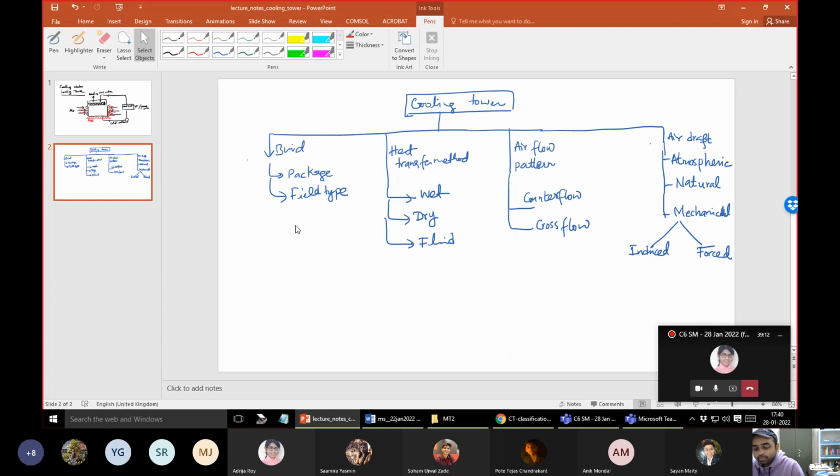Now coming to the other types, on the build types, whether it's a package type or a field type. Generally the package types are the small units, which come in a very compact way, and you can just open the packaging and use it for small heat rejection purposes. These units are entirely pre-assembled and can be delivered as a package. In the case of the field ones, installation is a big issue. You really need a big floor space, and they are generally the larger ones. Right, it's essentially small and larger ones depending on the heat requirements.